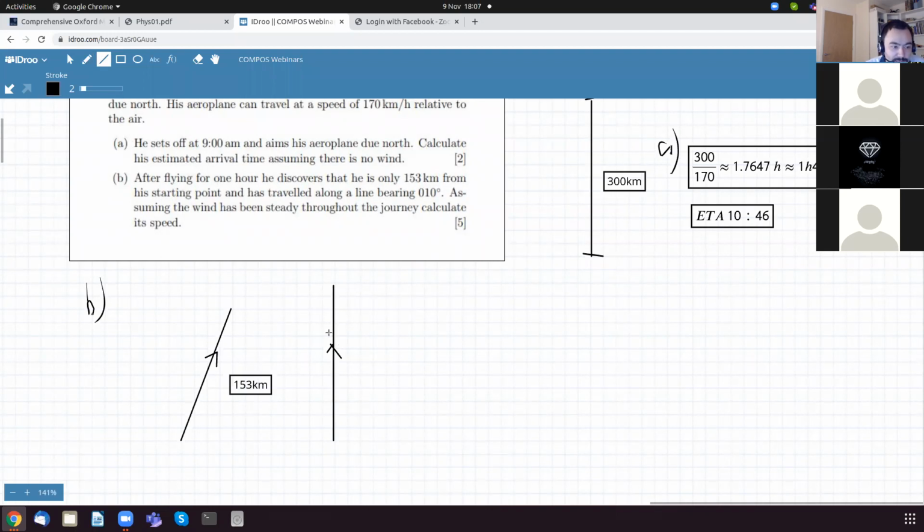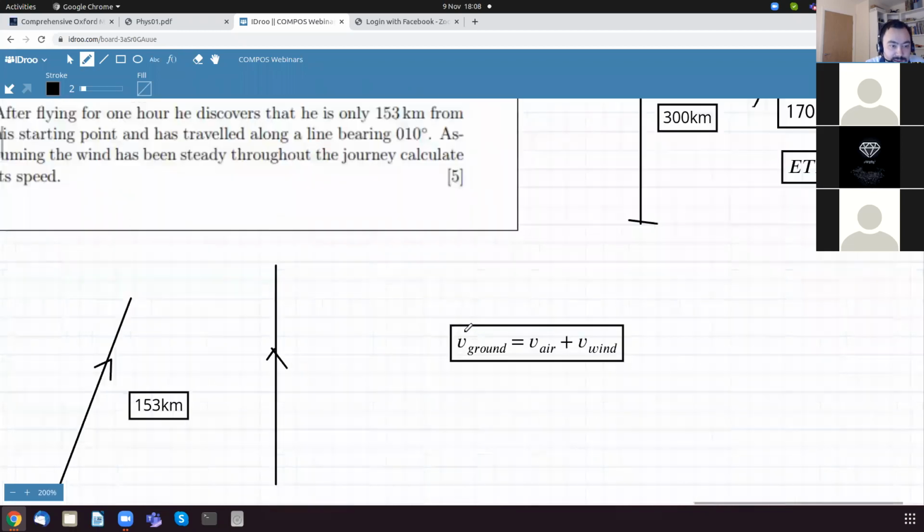we know that there was wind. Basically, we need to write down that the displacement, well, the velocity relative to the ground is equal to velocity with respect to the air plus the velocity of the wind. Velocity of the wind. This is an equation in vectors, so these are all vectors, and we need to use the